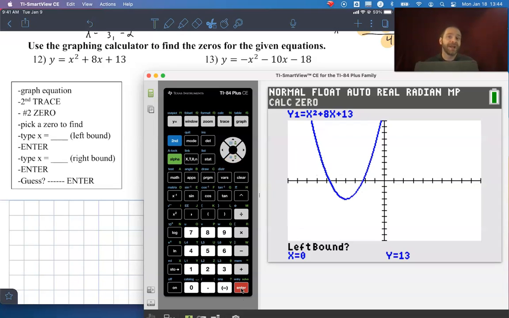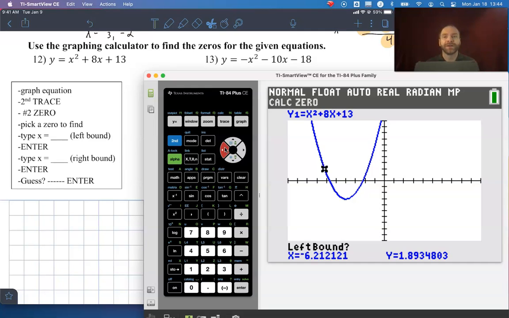Now, here's what a lot of people do afterwards, and this is always fun to hear as a teacher. You will hear students going click, click, click, and they keep on trying to move the cursor and go through. Now, we're going to be dealing with a lot of zeros, maybe even maxes and mins. So a better way, I mean, you can do this. Now, your calculator screen says left bound, so I could take the time, and I emphasize the word time. You could take the time and keep on going click, click, click with your calculator,